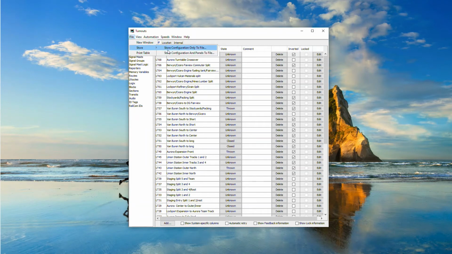But to store it, you would simply come up to where it says File and Store. Now, you can store the configuration, or you can store the configuration and the panel that it is linked to. Okay? Right when you start, it won't be linked to a panel. But once you start your track diagram, it'll be linked to a panel, and you'll want to store both. All right? So, with that, let's go back,